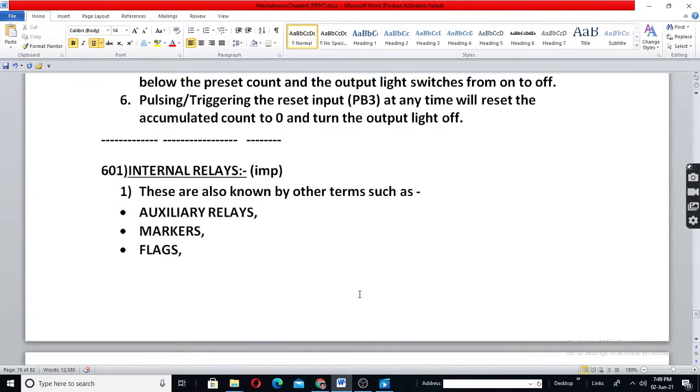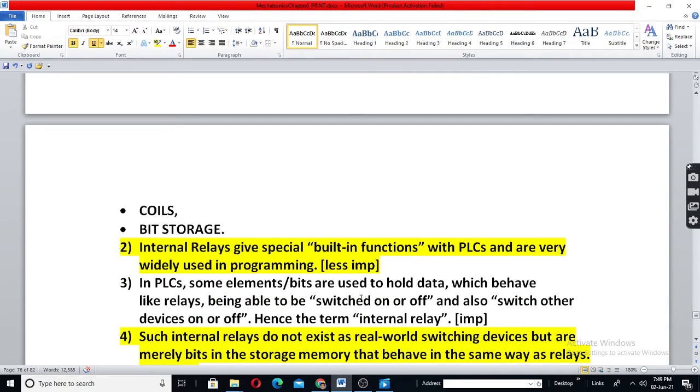Now, internal relays means for your own purpose, you are putting an extra variable. Suppose you have x as 2 and y as 3 as inputs. You have z as output.